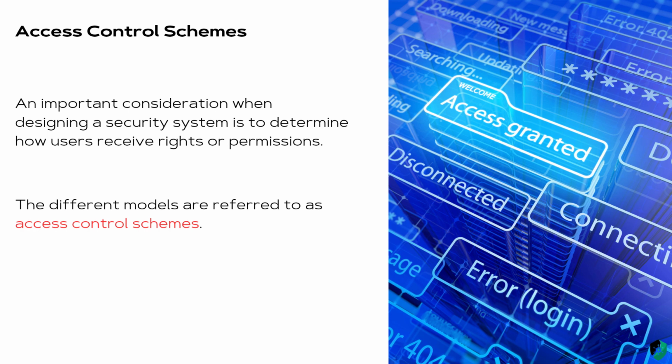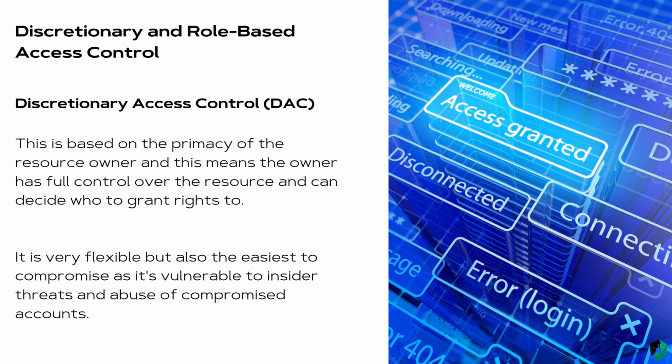Now, speaking of the access control schemes, we have two of them. The first is the discretionary access control, the DAC, and then we also have the role-based access control, the RBAC. The DAC is based on the primacy of the resource owner, which basically means that the owner will have complete control over that resource, and they can decide who to grant the rights to. This obviously makes the system very flexible. Unfortunately, though, it also means that this particular kind of scheme can be very vulnerable to insider threats and abuse